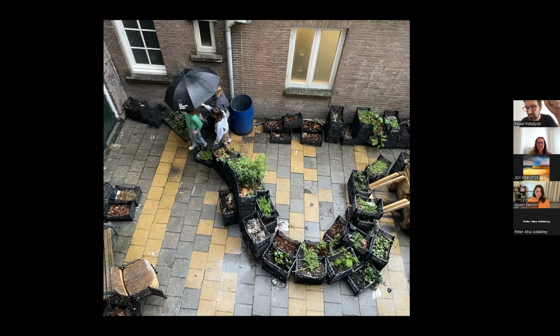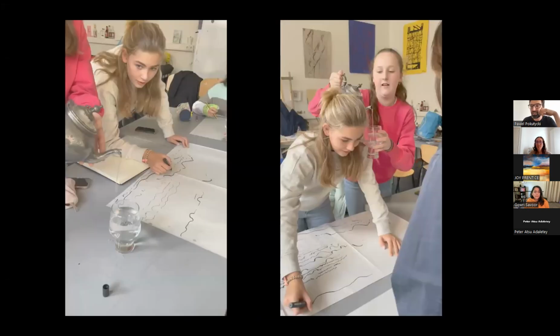It rains a lot in the Netherlands, and the assignment was, can we listen to water? What does it mean to listen to water? How can we interpret what water says when it rains, in all its appearances around us?